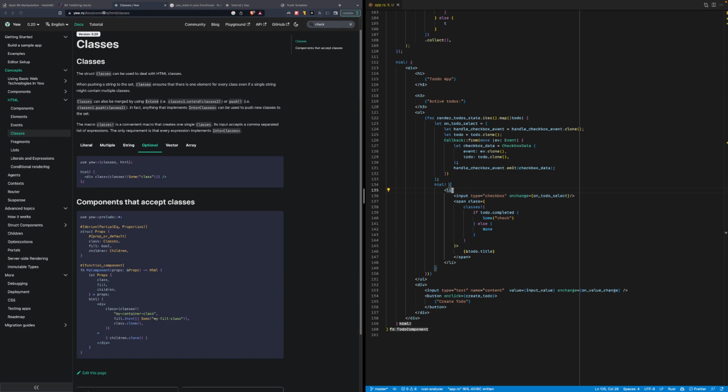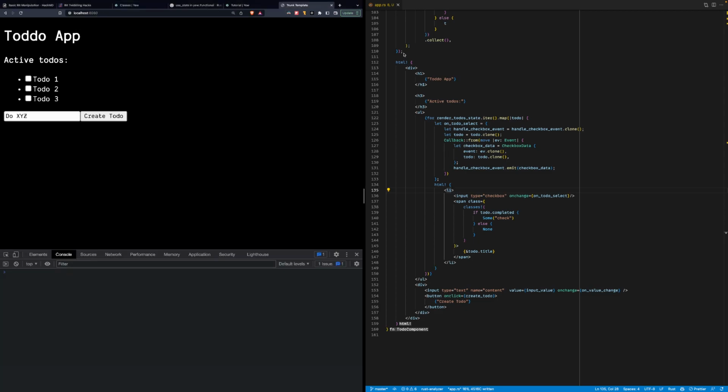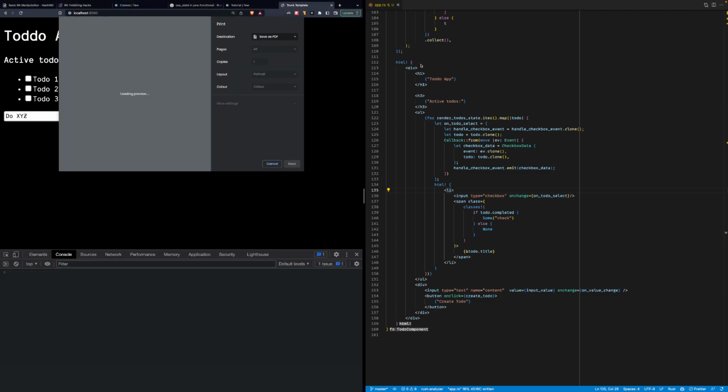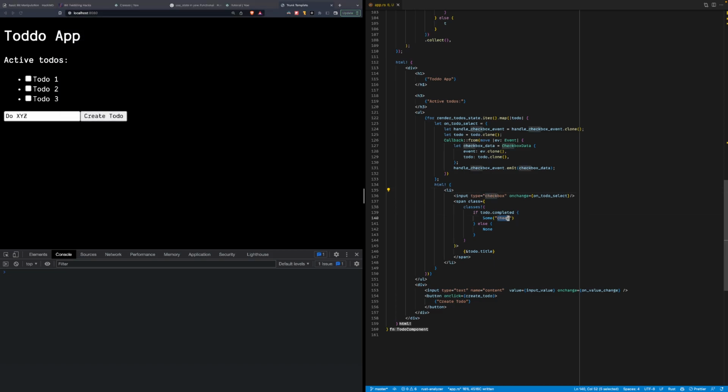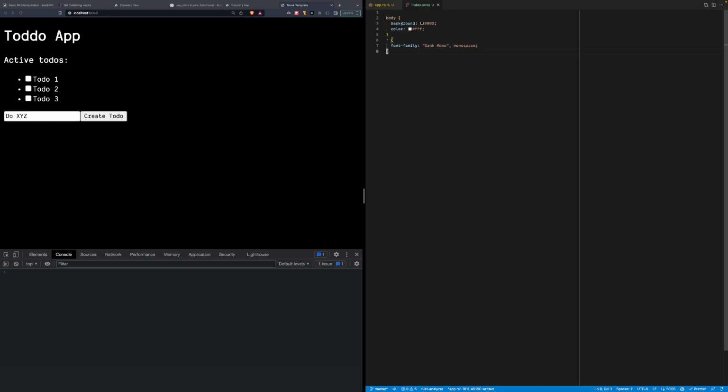Now what I'm going to do is add the class check in my CSS file. This is a cool way of using CSS out of the box.